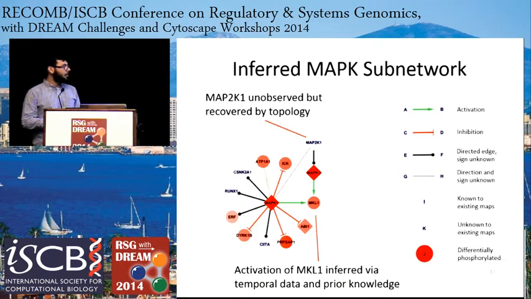And the activation of MKL1 was inferred by conjoining the temporal data that we had with the prior knowledge that we asserted as the kinase substrate directions. And these edges we were able to semi-automatically confirm with existing literature by using natural language processing tools,